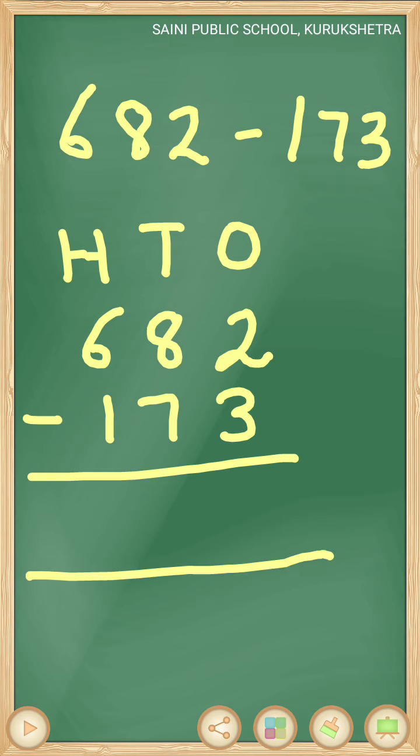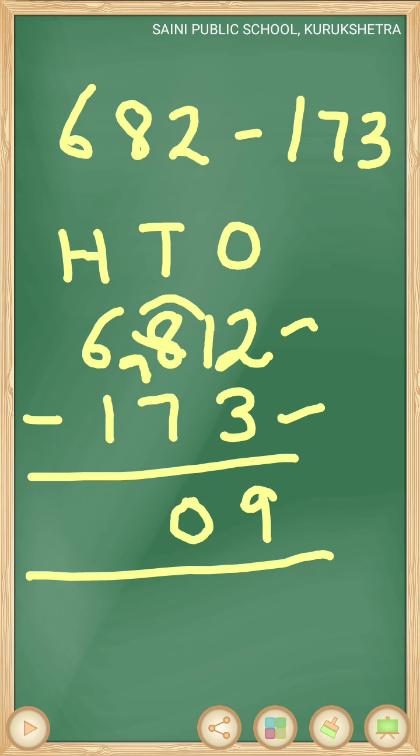Now start doing subtraction. At ones place, here is 2, here is 3. 3 is bigger than 2. We can't subtract it. So take borrow from tens place. Now it will increase by tens and it will decrease by one. 12 minus 3, 9. Move to tens place. At tens place, here is 7 and here is 7. 7 minus 7, 0. Now tens place is complete. Move to 100 place. Here is 6 and here is 1. So 6 minus 1, 5. So 509 is the difference.